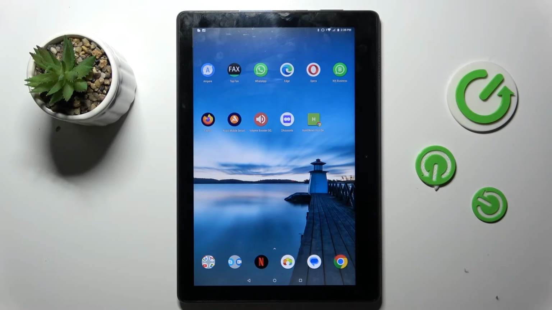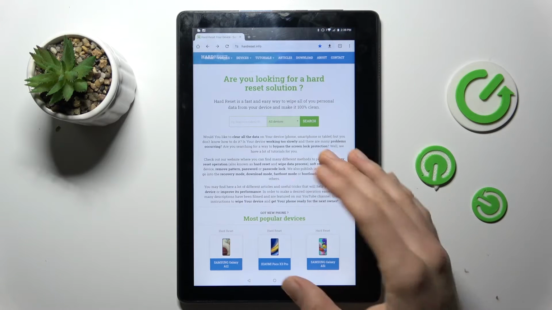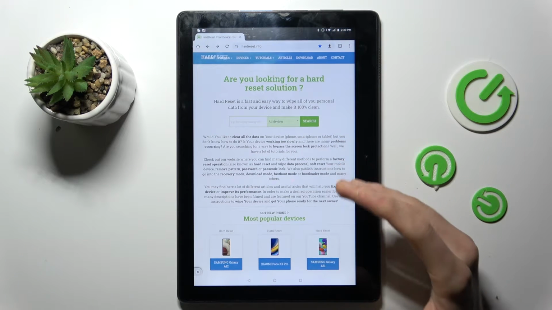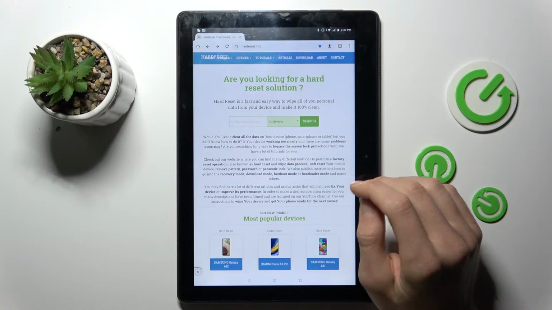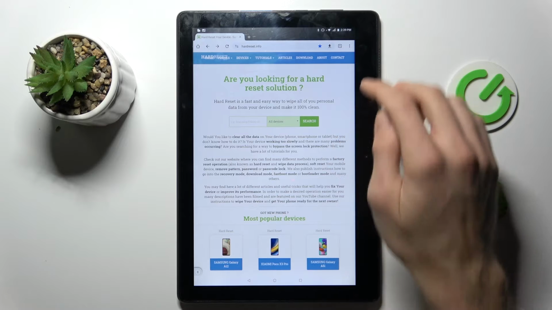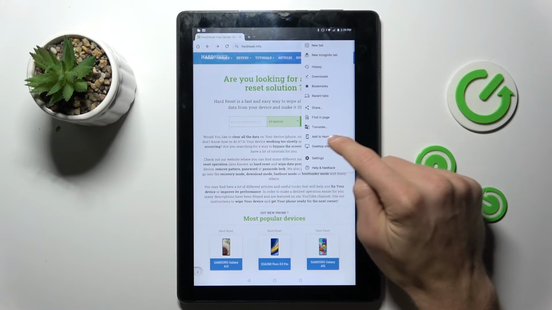To do that, in the first step, we must navigate to Google Chrome, where we have a website which we want to add to our home screen. In my case, it's the HardReset.Info website. And when we're on it, we press three dots on the right corner and go to Add to Home